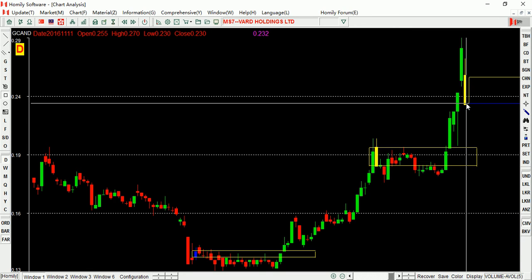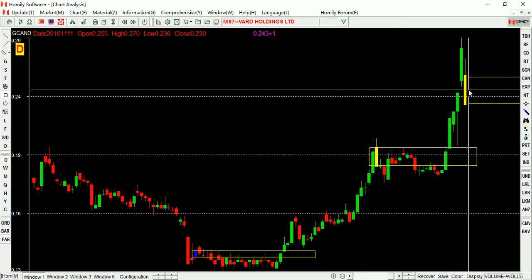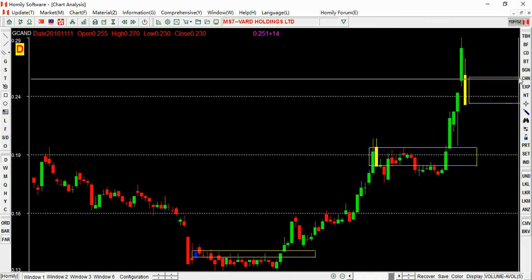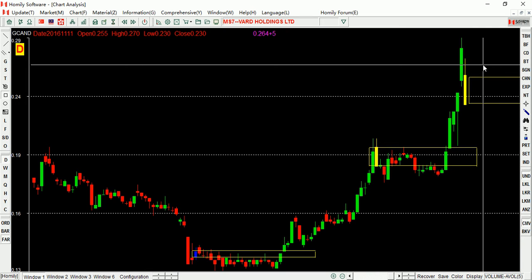If you have these stocks, sell or not? Sell quickly, okay? If it can go up again or the price touches the support, right? Because half of the candlestick is the support. So if the price drops and touches the support, you can buy again, okay? So this is this stock.